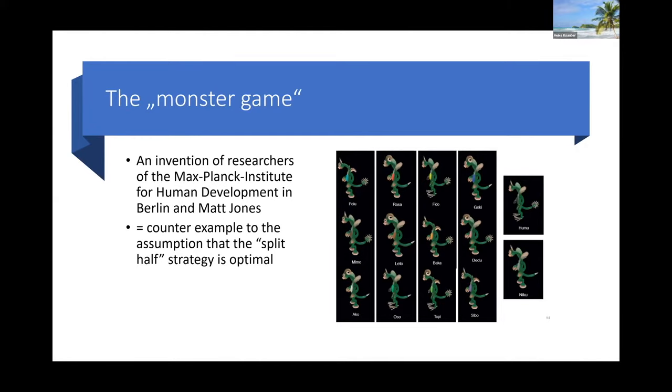The split half heuristic implements stepwise information gain, reducing the Shannon entropy maximally during the next step. So there were different environments, K1 to K4 and E1 to E4. The K environments identified the split half heuristic as optimal, and the E environments the split half strategy as suboptimal